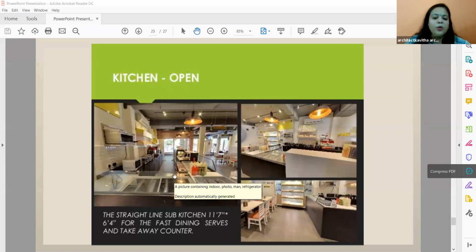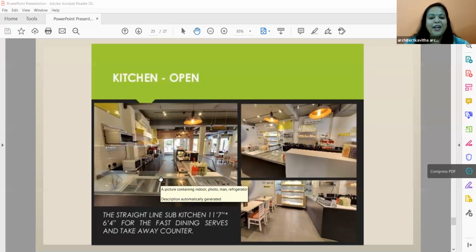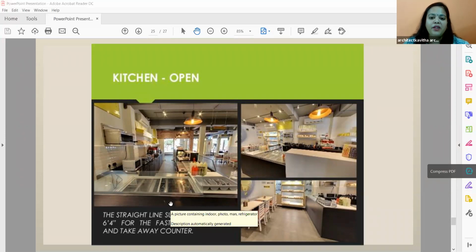How much space is required? So when I say anthropometrics of your interiors, when you go to site and check, it will be more understandable for you what height is required for the counter. If you measure it, it will stay in your mind better than if I say you require 2 feet 8 inch. It will not stay in your mind. But if you go measure it and check, it will stay in your mind forever.